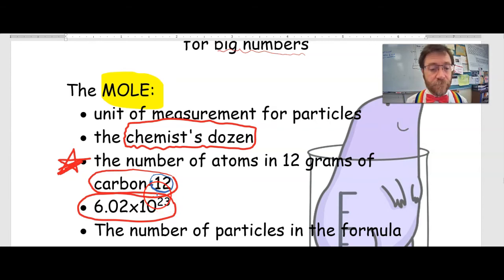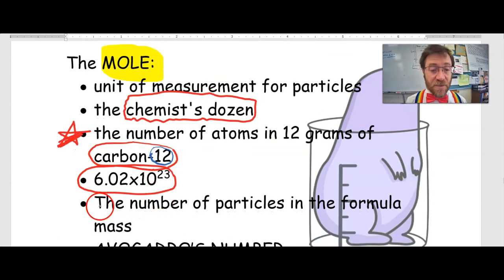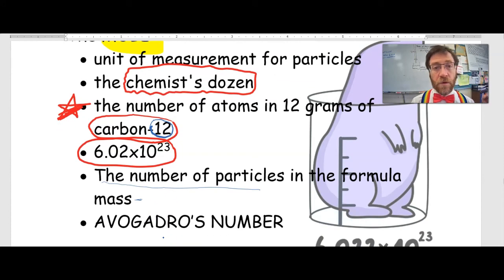And the reason he did that is because that turns out to be the number of particles in the formula mass. So if you know the formula mass, you know how many grams you need per mole. It's a beautiful, clean, easy conversion. And it works out so well that we call this number right here Avogadro's number. And you just got to lock it in your brain. 6.02 times 10 to the 23rd. The chemist's dozen. It's the number of atoms and molecules we group together for our basic unit of measurement when we're trying to measure out numbers and stuff,